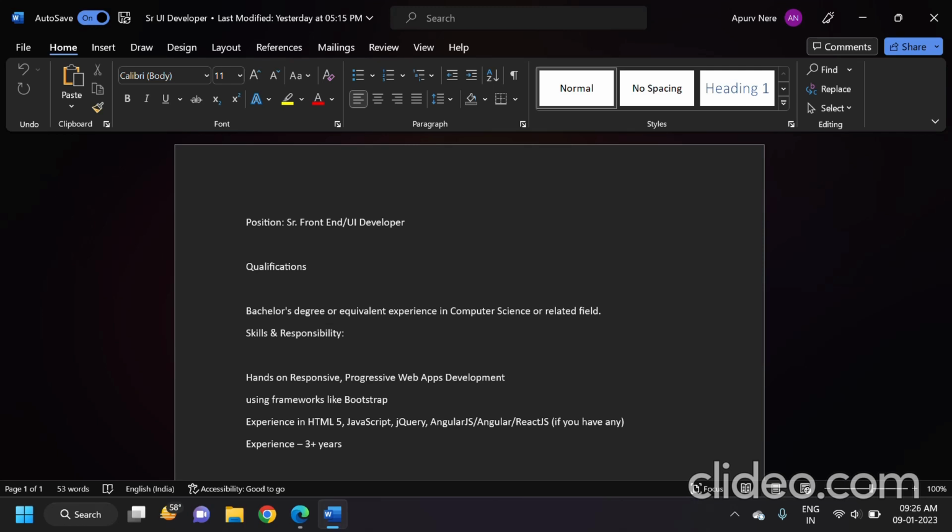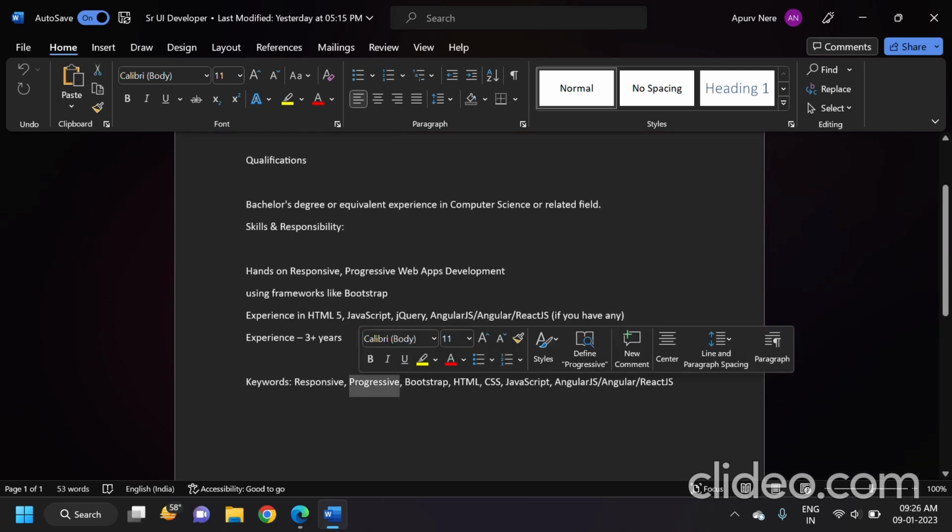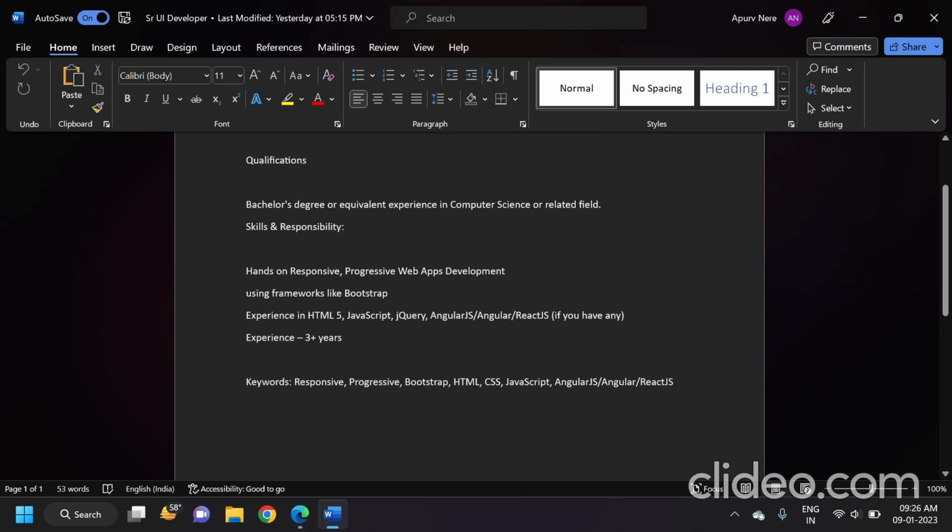Hello everyone. In the last session, we discussed how to extract the keywords from the job description itself. And for this role of a senior front end or senior UI developer role, we actually fetch the keywords like responsive, progressive, and all these keywords over here. So in this session, we are going to discuss how we can do the active sourcing using the Naukri